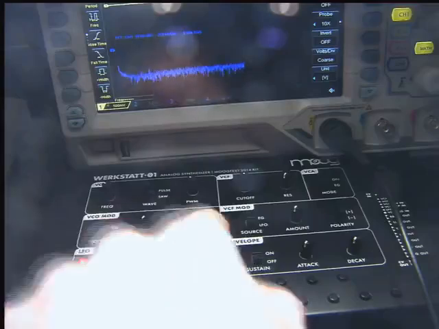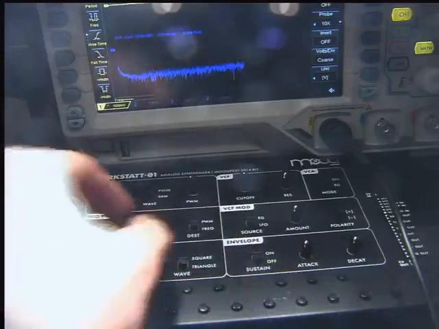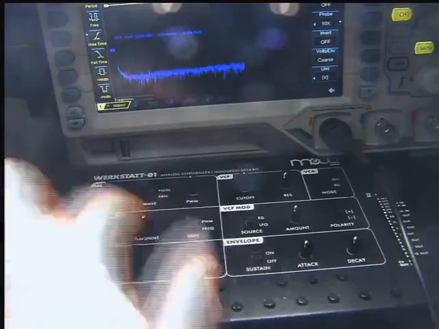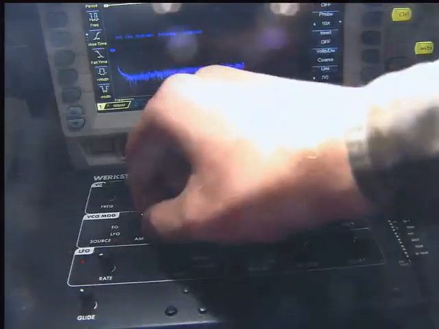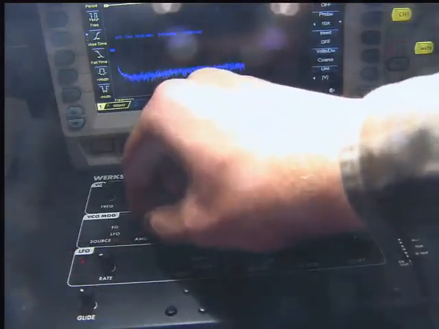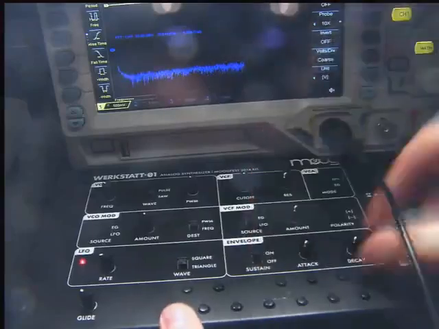So we are now going to take this control voltage from the low-frequency oscillator, and we're going to pop that into the frequency of the voltage control oscillator. And we're going to see what that does. All the circuitry is set up for that. This amount knob here determines how much of an effect the control voltage is going to have. So we'll turn that up a little bit so it actually does something. Oh, let me turn the sustain back on.